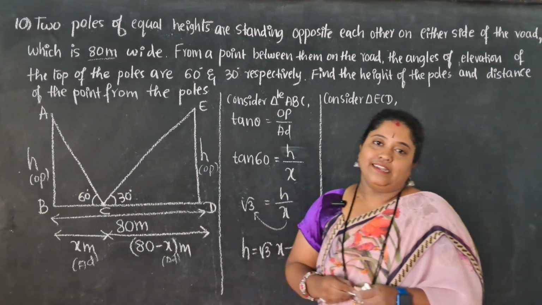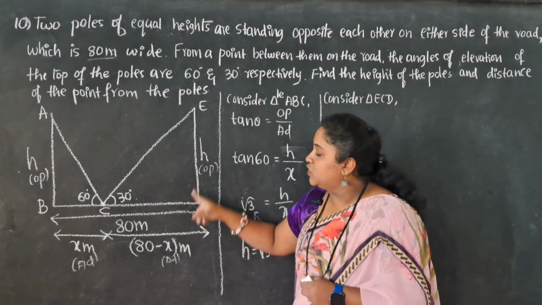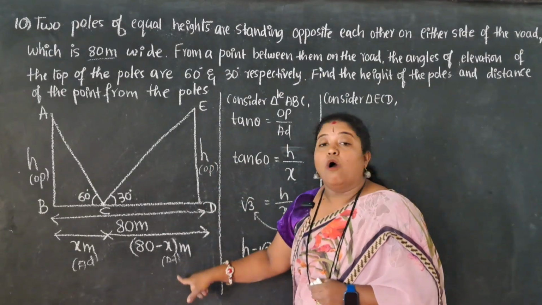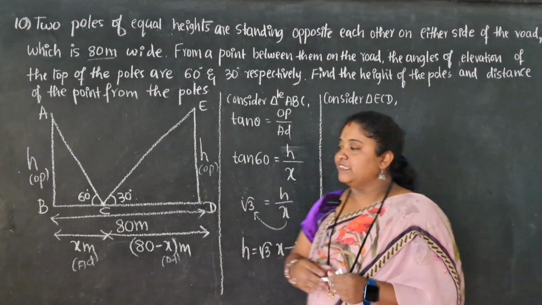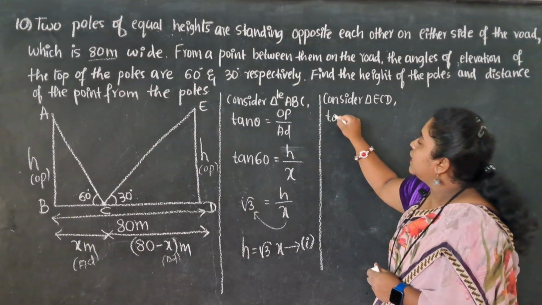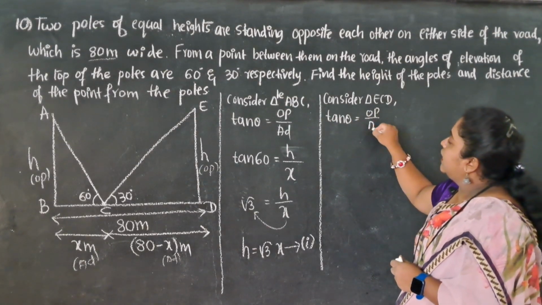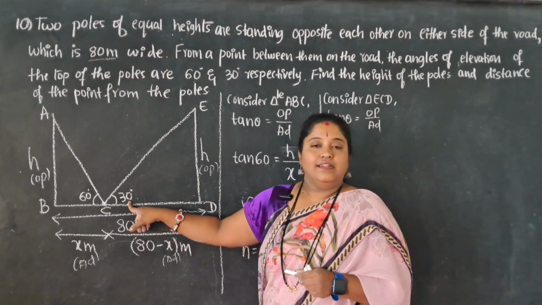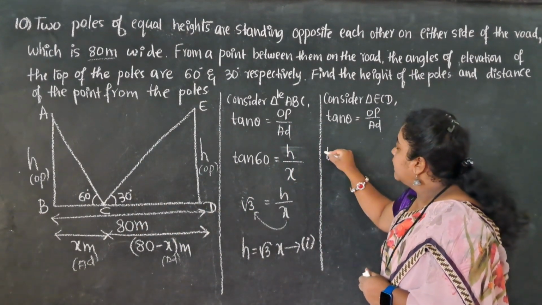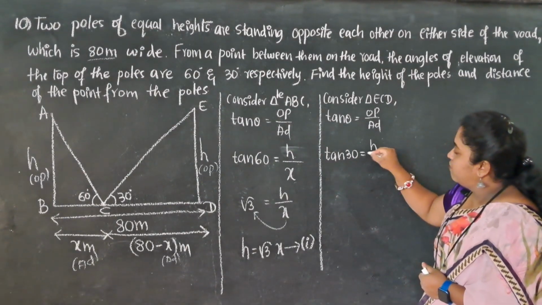Quickly tell me, comment in the comment section if you know which is the trigonometric ratio that gives the connection between opposite and adjacent. That is nothing but tan theta. Understanding? Once again, I am going to use tan theta is equal to opposite divided by adjacent. And what is the theta value that is provided? 30 degrees. So I'll be writing here tan 30 is equal to opposite, which is the value h.